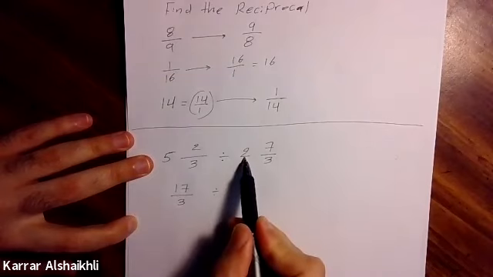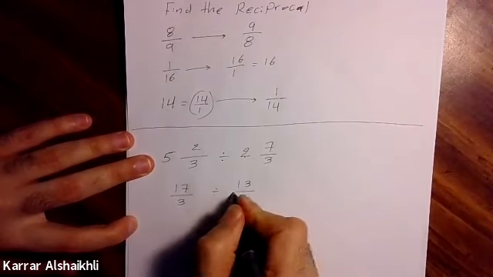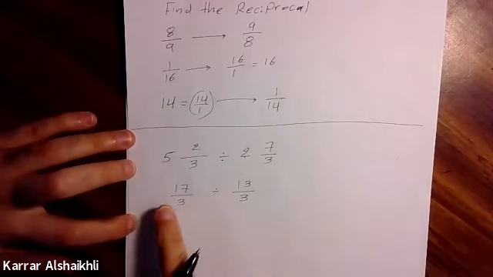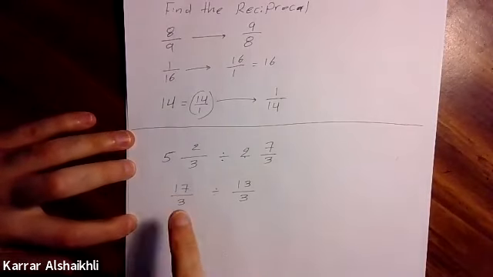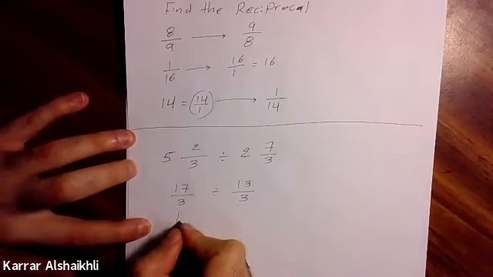3 times 2 is going to be 6. 6 plus 7 is going to be 13. So it's going to be 13 divided by 3. Now we have division between 2 and a proper fraction. We're just going to use exactly the same way. Write down the first number,